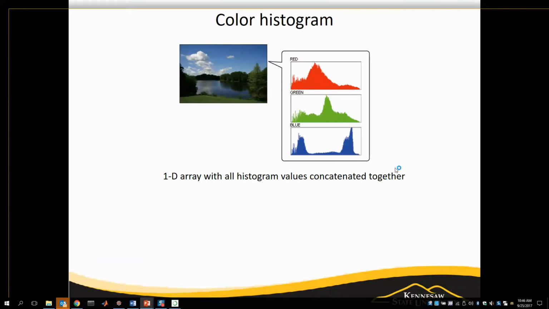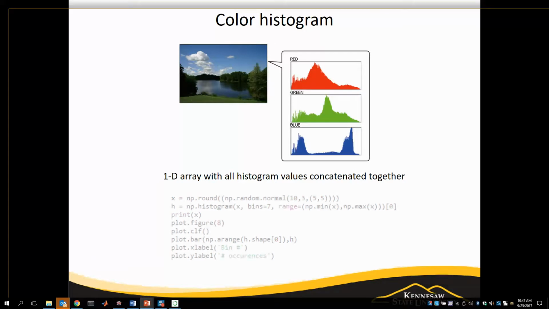Now, those HOG features are built off of the grayscale. Okay? So if there's information that has to do with color, it will be lost. So if you're looking for the yellow cones, that's obvious. There's nothing else yellow in these pictures, so it's important not to throw away all the color information. So one way you could do this is with a color histogram. Okay, we did this in MTRE 2610. You build a color histogram, and you can take all the histogram values for the red, all for the green, all for the blue, and you can concatenate them together into one big long